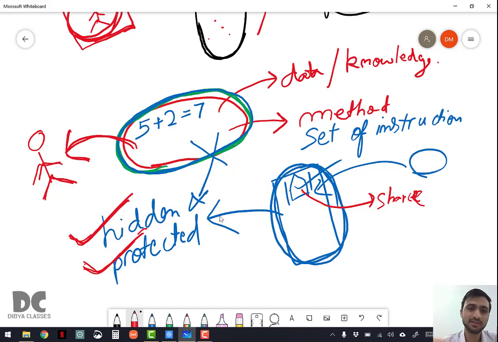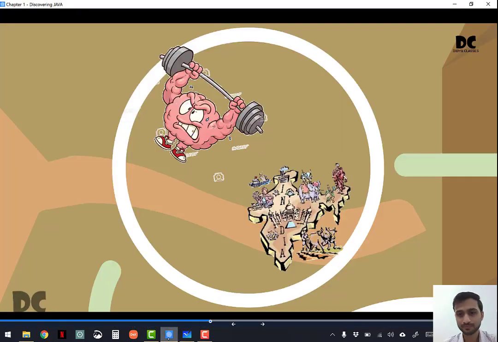Encapsulation, though it hides and protects the data, it helps for sharing. You can share, but only if you share, the data and methods will be visible to others, or else they will be hidden and protected. So encapsulation is also sometimes known as a data hiding concept. There are many other characteristics of OOP which also support the data hiding concept. We will come to them later in this chapter. Okay, we'll move forward now.